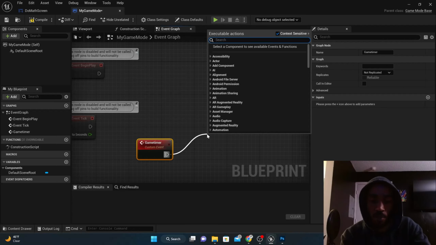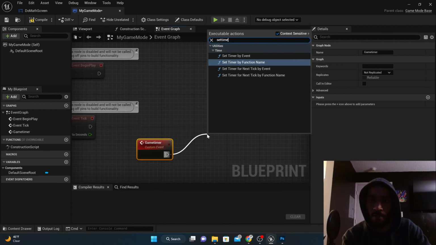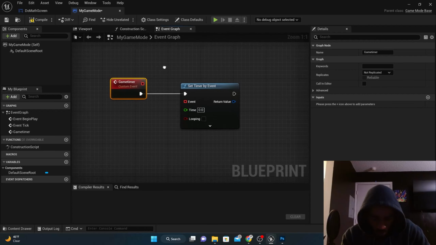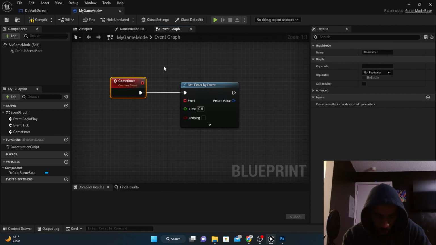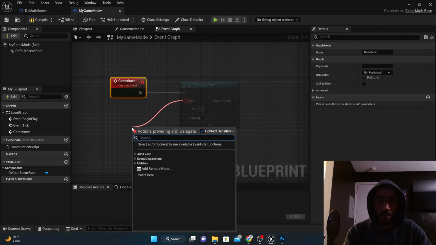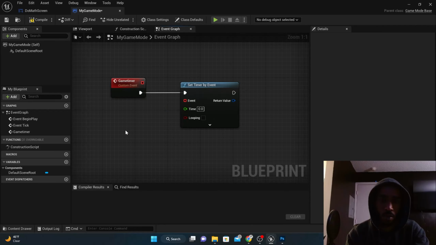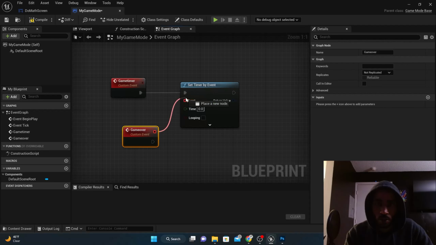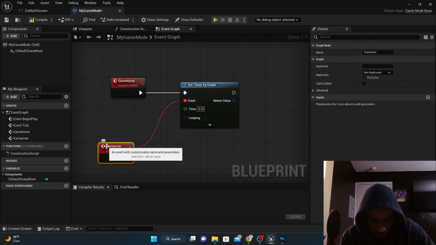It helps to have one of these notebooks. Set timer by event. Alright, cool. And then for my event, I want to get a game over screen. So let's make a new custom event, game over. So when the timer gets to 0, it'll do the game over. I learned this from Matt Asplin, by the way. The next thing we need to do is